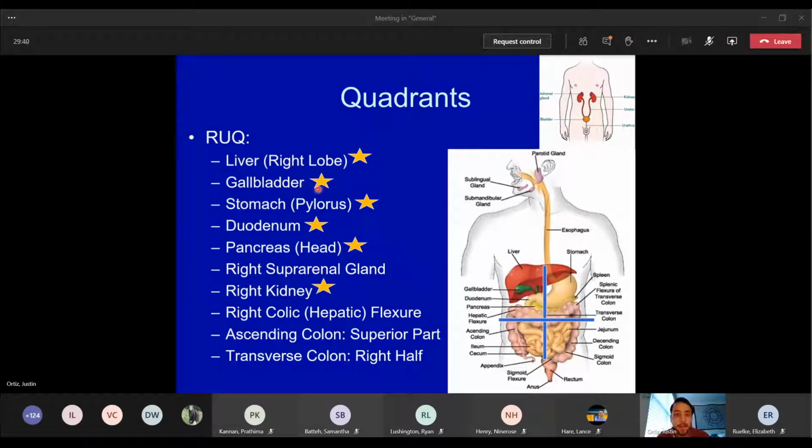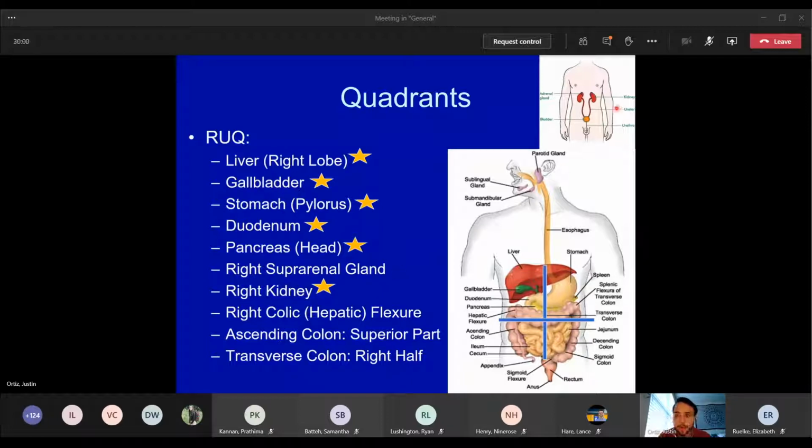Gallbladder is attached to the liver, so that's super high yield to know in the right upper quadrant. Stomach, not so much. It's more so associated with the left, but you have the pylorus, which is this part right here, going inside of the duodenum. So that's also associated with the right upper quadrant. The pancreas, and then I didn't highlight these because they're going to make more sense when we talk about it later on,